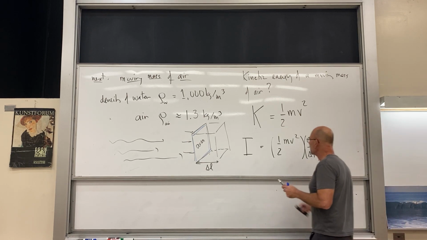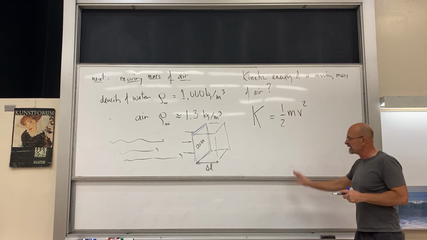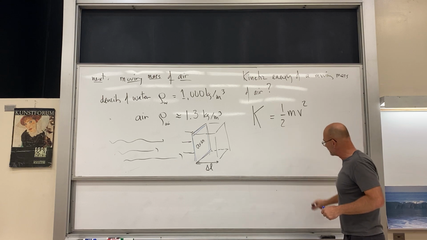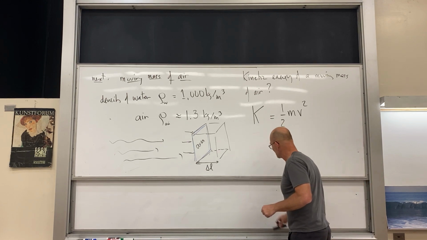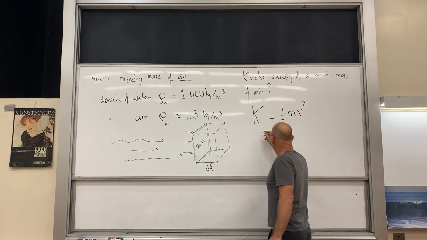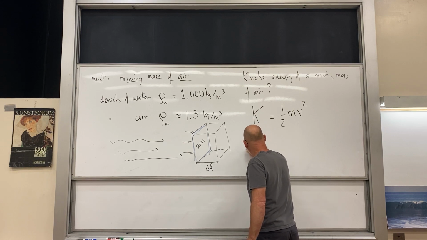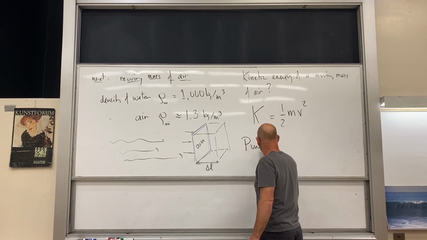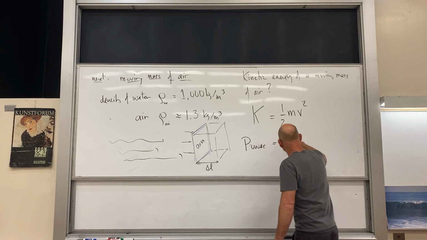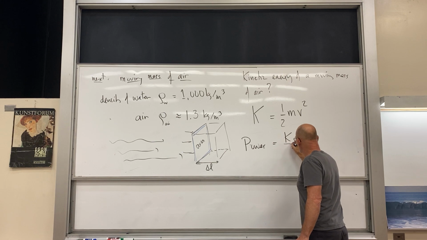Actually, let's do this a little bit differently. We're going to end up at the intensity, but we're going to take it a couple steps in between. Okay, so we've got the energy, and then we're going to do energy per time. So power is equal to this kinetic energy over delta T,